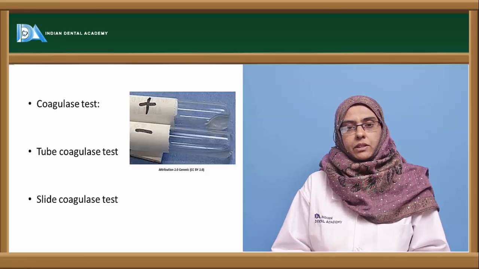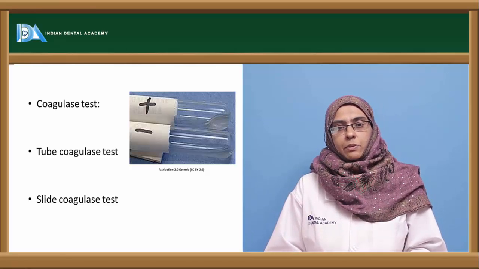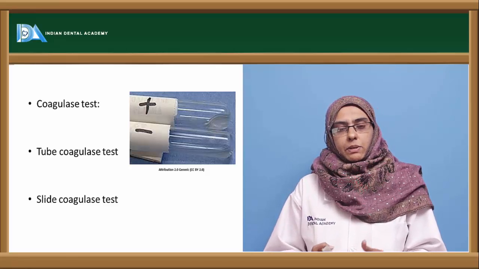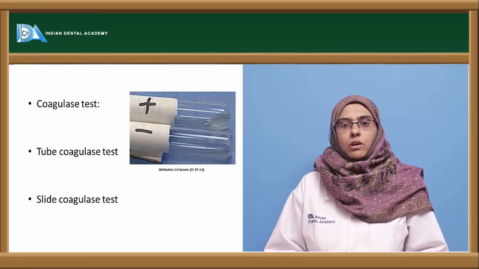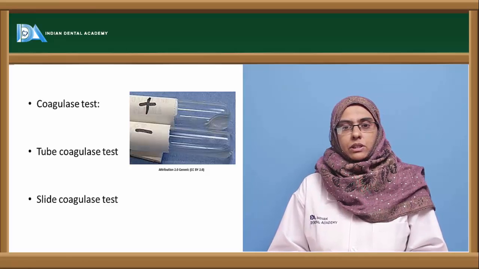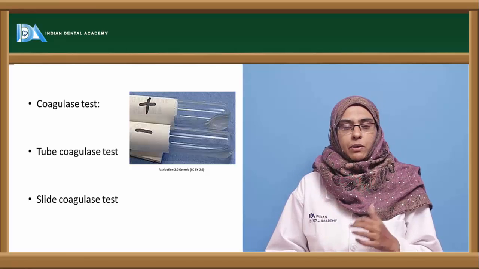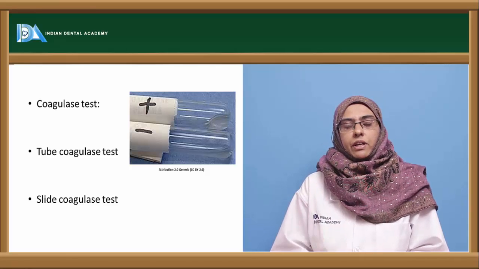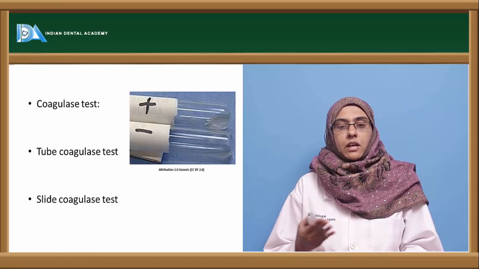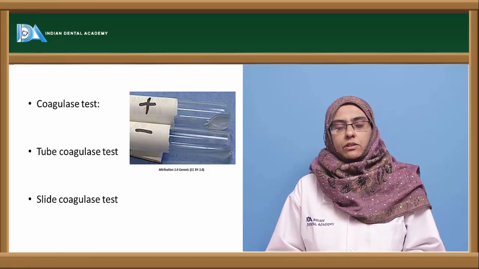Next best method to identify this organism is the coagulase test. The only organism that is coagulase positive is staphylococcus. So coagulase is an enzyme that is present in the organism. Both bound coagulase and free coagulase can be seen in this organism. That is, they can produce coagulase which is bound and free. So based upon which type of coagulase we want to identify, we can go for the tube coagulase test or slide coagulase test. The tube coagulase test helps in identifying the free coagulase that is released into the medium,